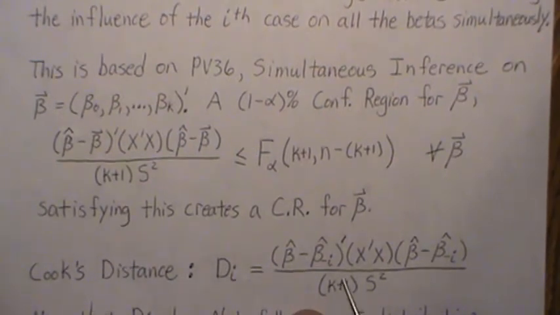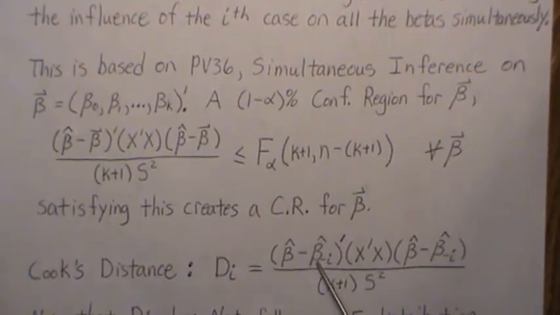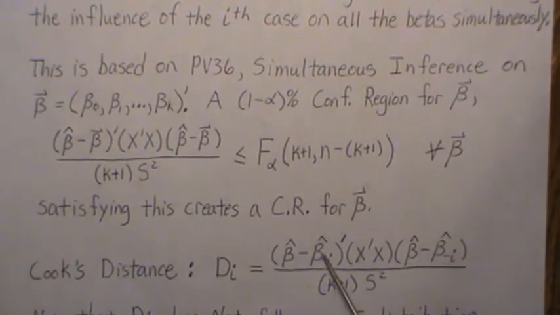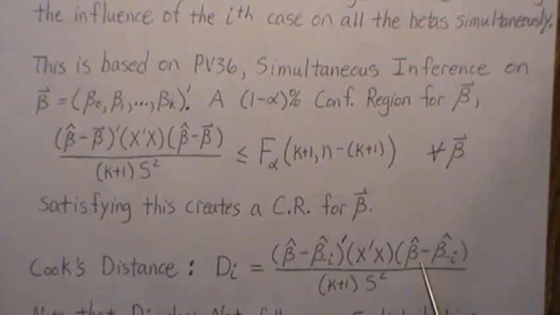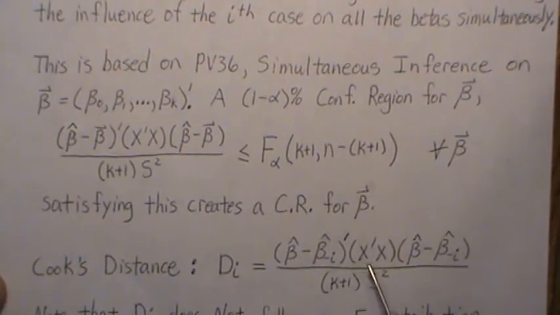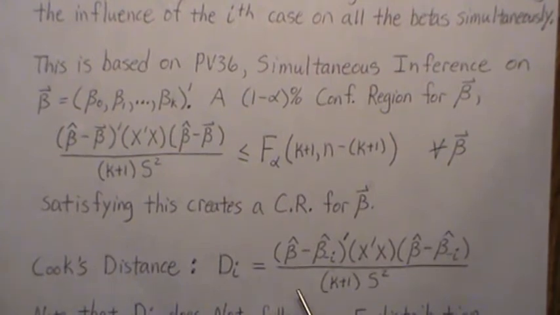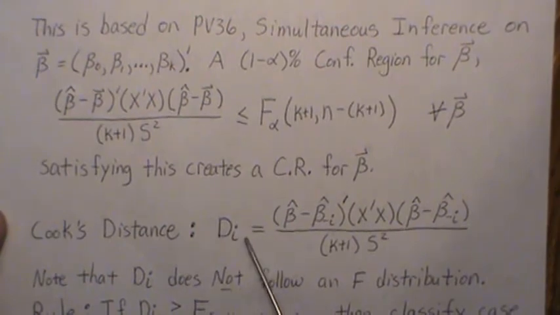Cook's distance is this. So instead of the unknown beta parameter, they put in the DFBETA right here, that value that we obtained. Or not DFBETA, but it's the least squares estimate without i and with i. And it creates this. So we get a number. So now, what number do we have to notice before it's flagged as influential? But before I state that, I want to note that D_i does not follow an F distribution, but you can maybe think of it as